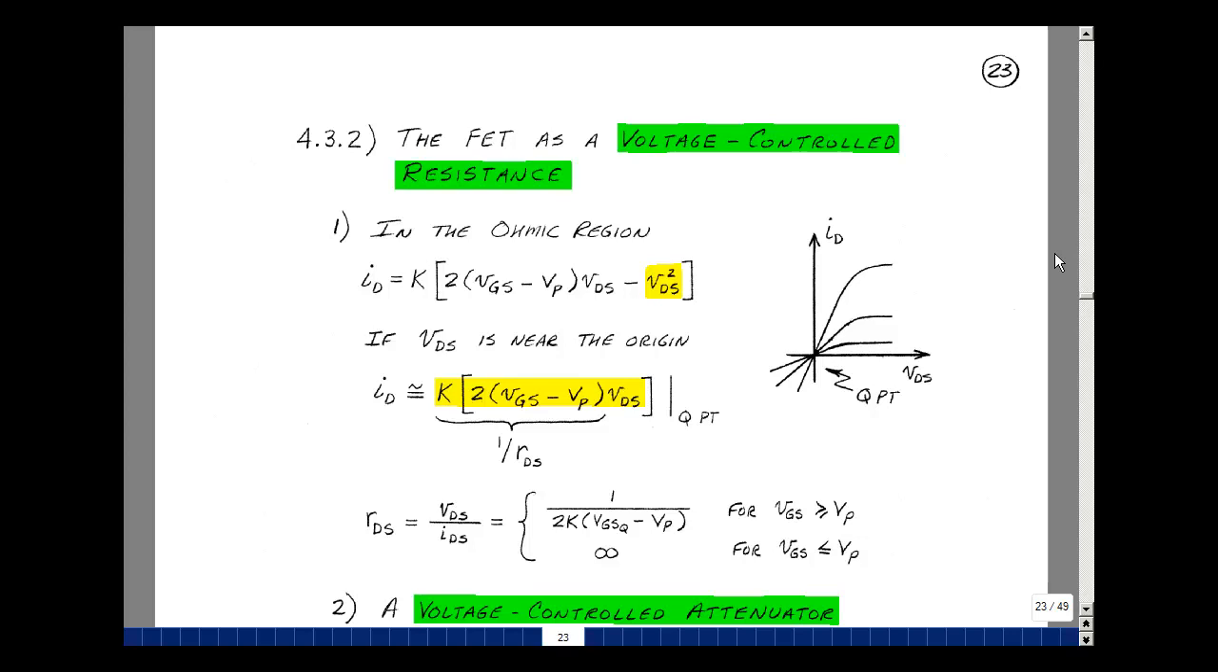This lesson deals with a JFET as a voltage-controlled resistance and as a current source. You can find these notes in the ECE302 ebook in Chapter 4, starting on page 23. In the ohmic region of the JFET, we have this expression for I sub d, and we plotted it here,